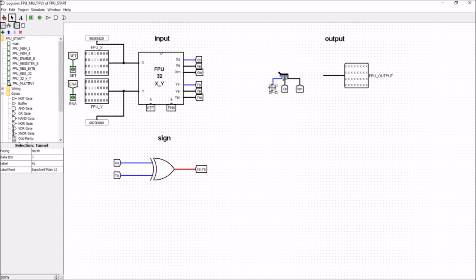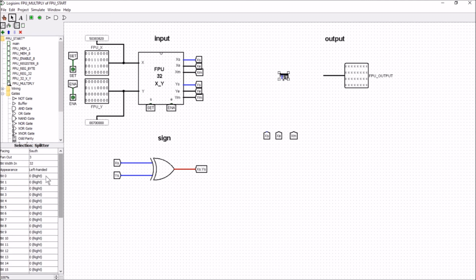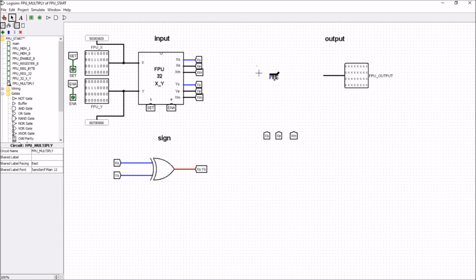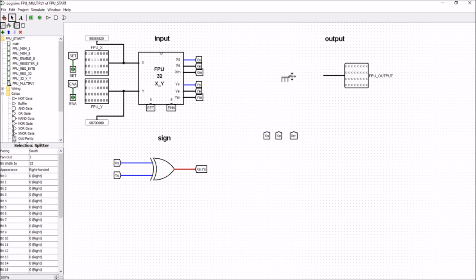Now we'll just take these out and we're going to face the splitter in the other direction. So we'll make it right-handed. That means our splitter can just head into here,